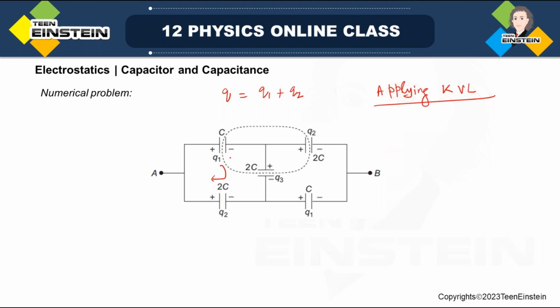First of all, actually what we are trying to do, you can see here, let me first write: minus Q1 by C, then plus Q2 by 2C,